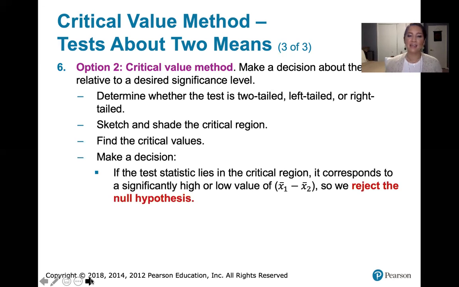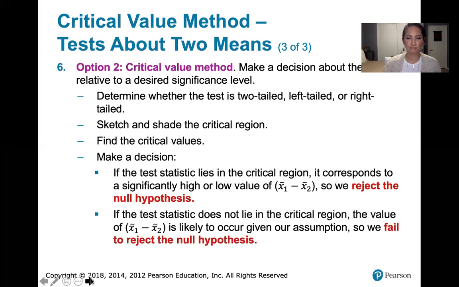about the null hypothesis. If you graph your test statistic on that graph and it lies in the critical region, then that test statistic corresponds to a value of x sub 1 bar minus x sub 2 bar that is either a significantly high or a significantly low value. So in that case, we're going to reject the null hypothesis because something that was supposed to be rare is actually happening. So we will reject the assumption that led to us believing that this value is supposed